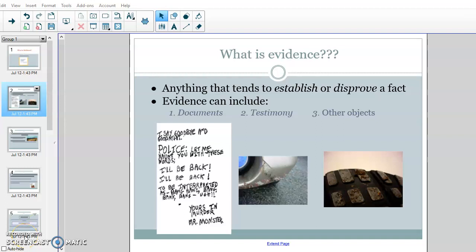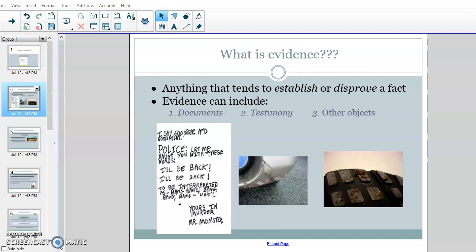So we're going to take a look at how evidence is admitted into court. So far we've talked about the different types of laws. We said there was statutory law, criminal law, civil law, and common law. And today we're going to focus a little bit on common law and how it specifically affects evidence being allowed into court. Because as forensic scientists, we are very, very interested in how our evidence would be allowed to be